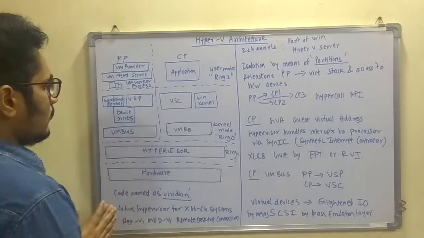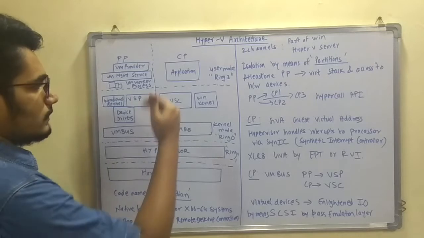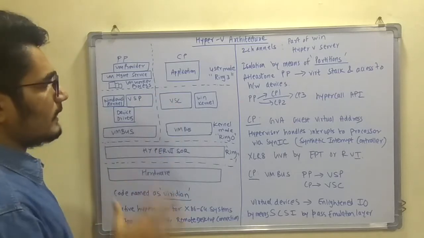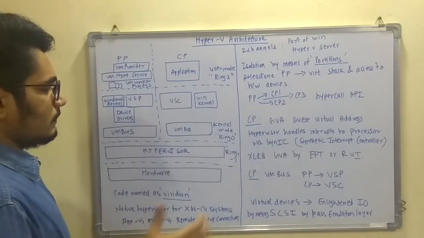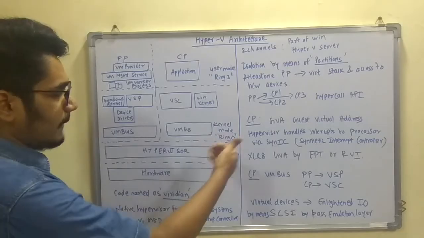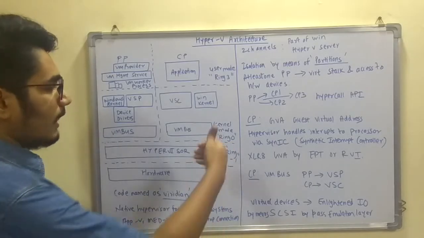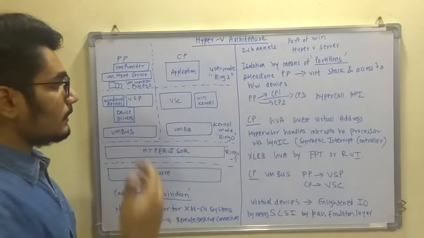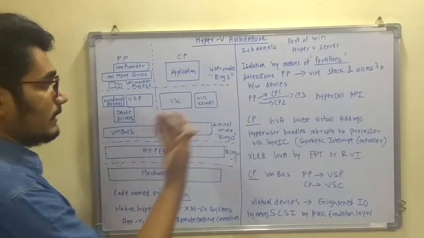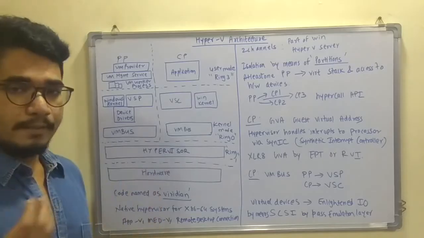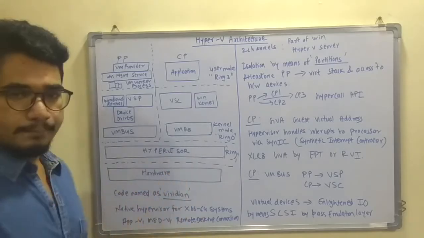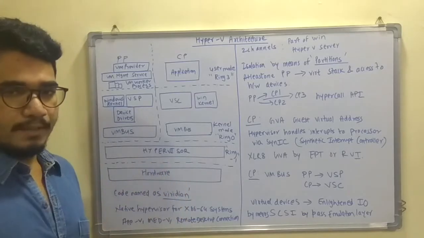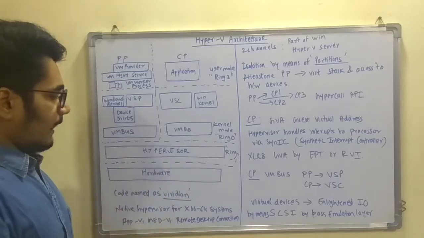Basically, there are three different levels, or three different rings in fact, for the Hyper-V architecture. At the base level is ring -1. Above that, you have the kernel mode, which is ring 0. And above that, you have user mode, which is ring 3. At ring -1, you have the hypervisor, the VMM or the Hyper-V, and below that